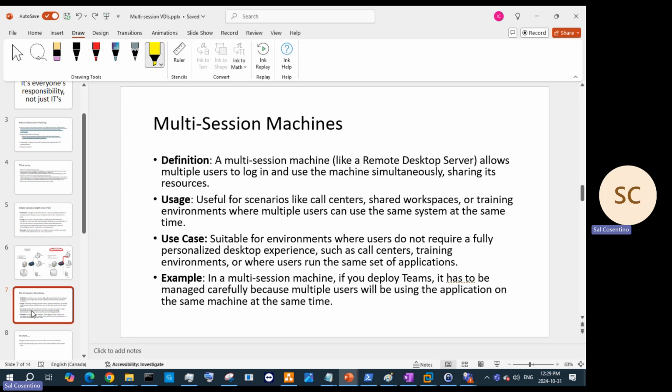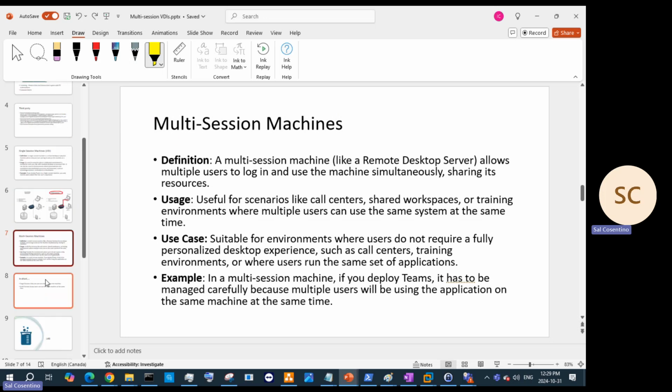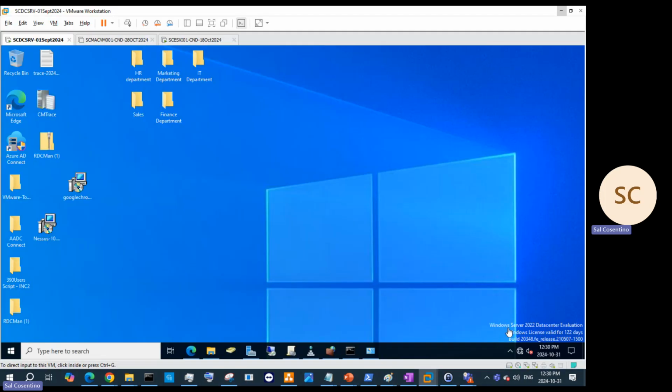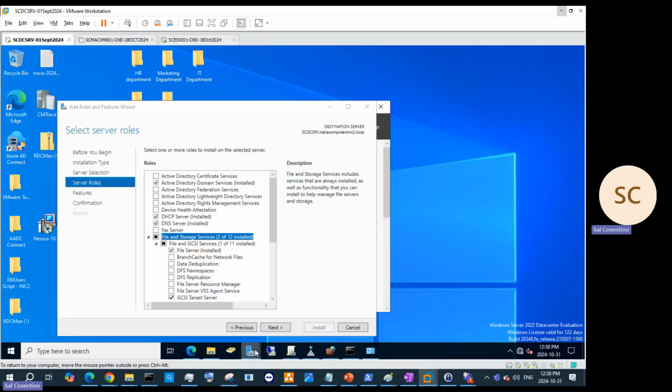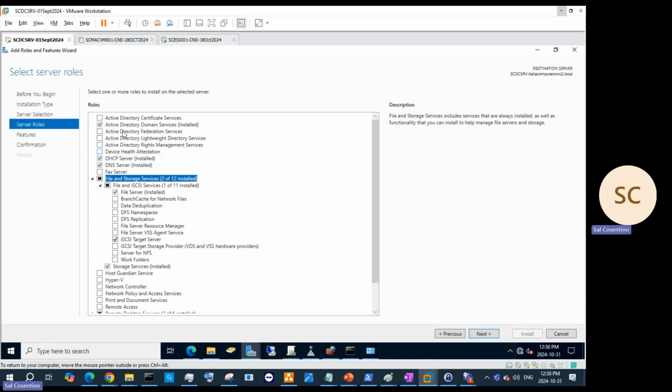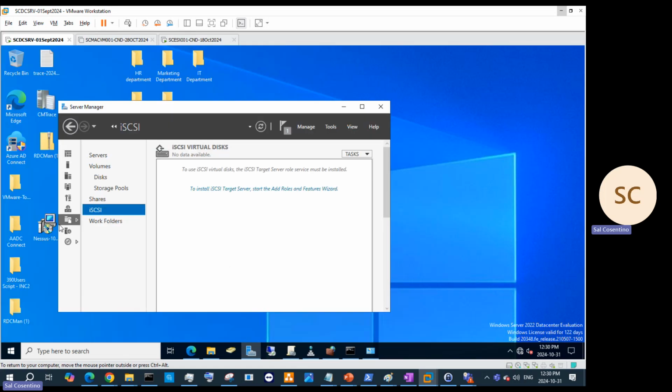Versus multi-session. Now we talk about multi-sessioning, right? And what multi-sessioning is, right? So a multi-session machine, like a remote desktop server, RDP or RDS server, and when we talk about RDS servers, we talk about our server environments. So if I'm logged into my server, and within my server, we have our different roles and features that we are able to